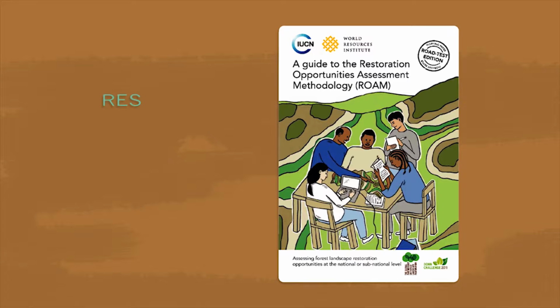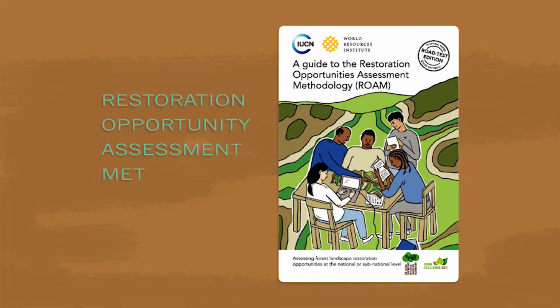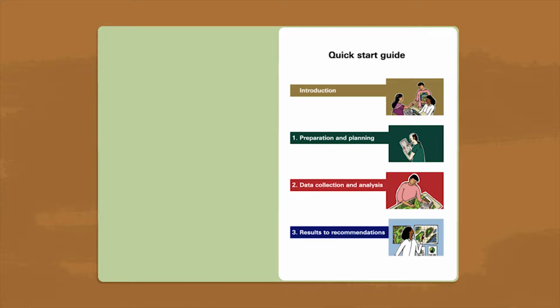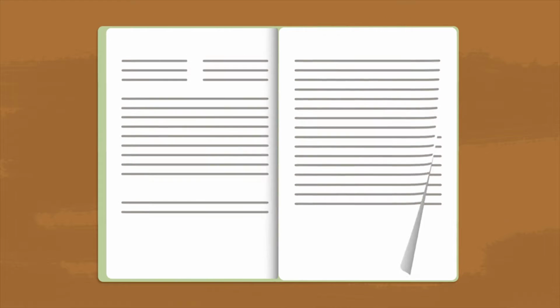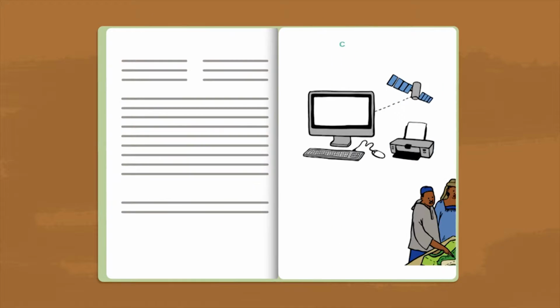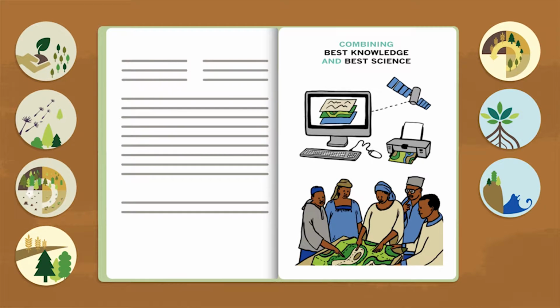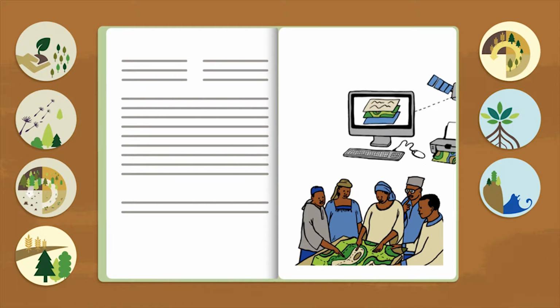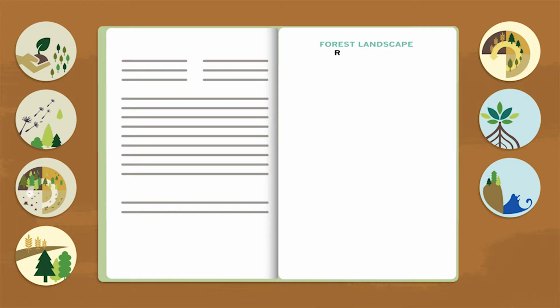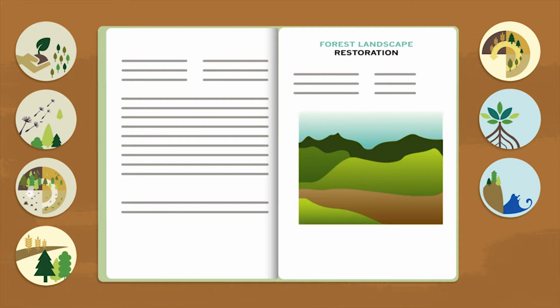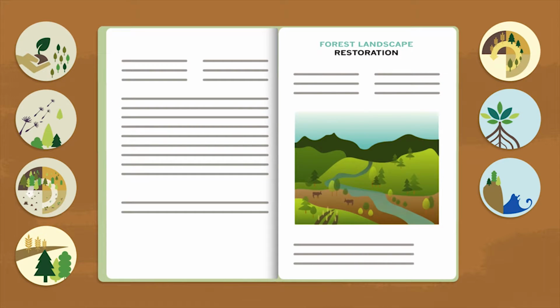Introducing the Restoration Opportunity Assessment Methodology, or ROAM in English. ROAM is a flexible framework for identifying restoration opportunities at national and subnational levels. ROAM can help countries, institutions, and individuals identify the best places to begin restoration, as well as what strategies to employ in different regions. ROAM explains how these strategies can serve important goals for rural development, biodiversity conservation, and food,